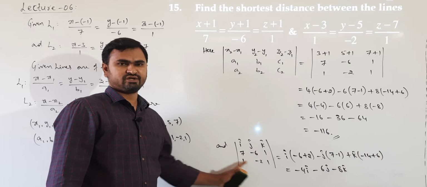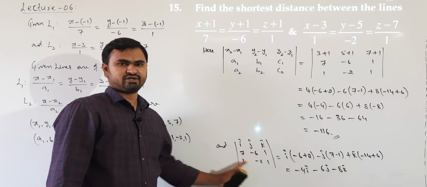Now are these lines in the standard form directly? What is the standard form we know? r bar equal to a bar plus lambda b bar. So do we have the line equation in this form? Directly they are not in this form. So first you have to simplify the given lines and write them in standard form. Standard form of a line mostly will be written as r bar equal to a bar plus lambda b bar type. So first simplify them into the standard form.